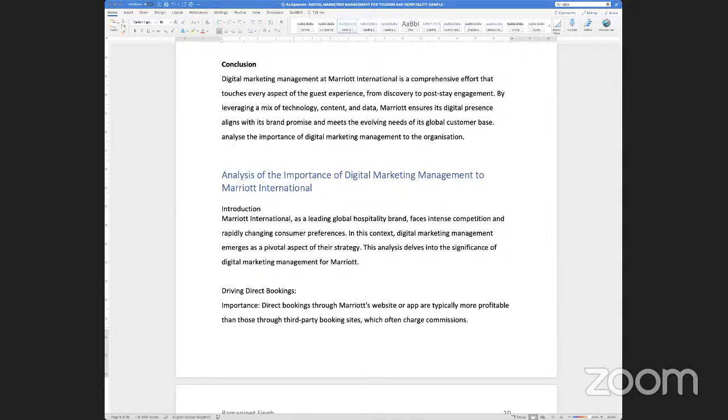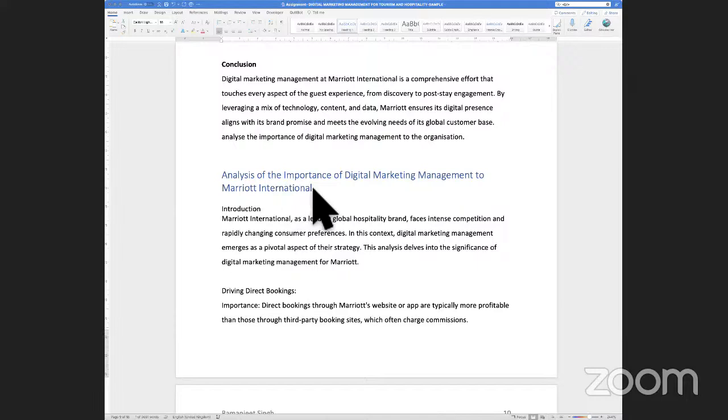So when we look at analyze, it is a higher order verb, which basically means that we have to identify separate factors and say how they are related and how each of them contribute to the topic. So the topic is digital marketing. We have to analyze the factors which are going to be important for digital marketing to be done by Marriott International and how it contributes in helping to get more business for Marriott International. That is what the task is.